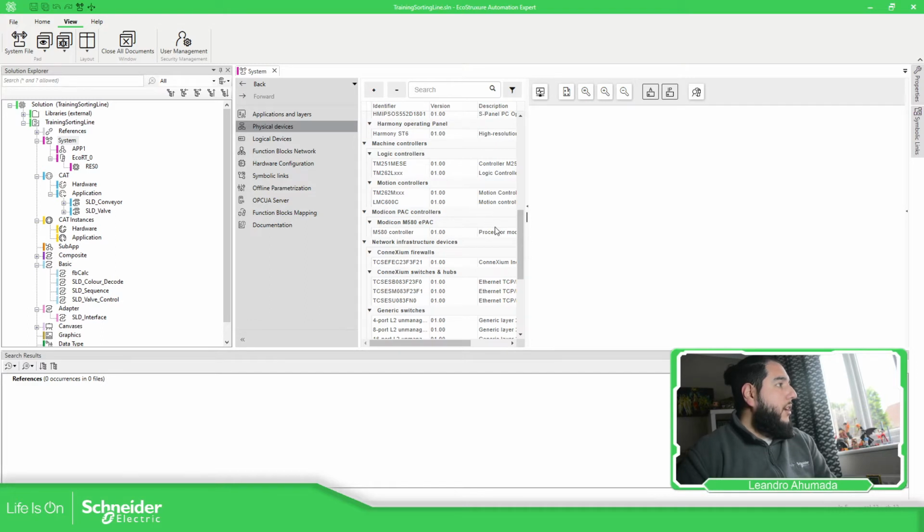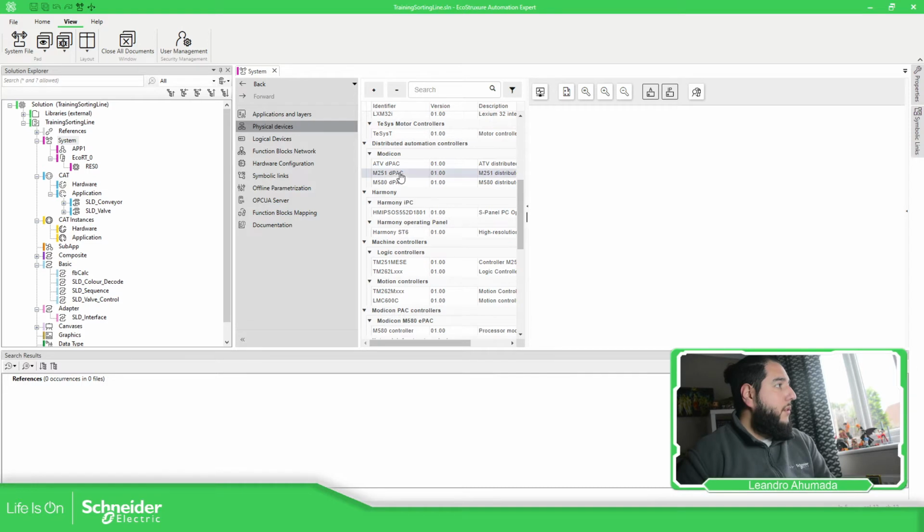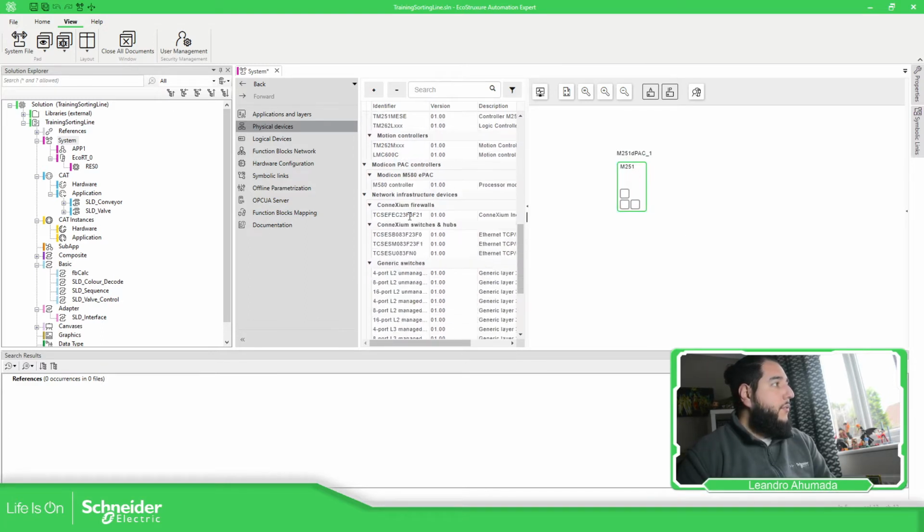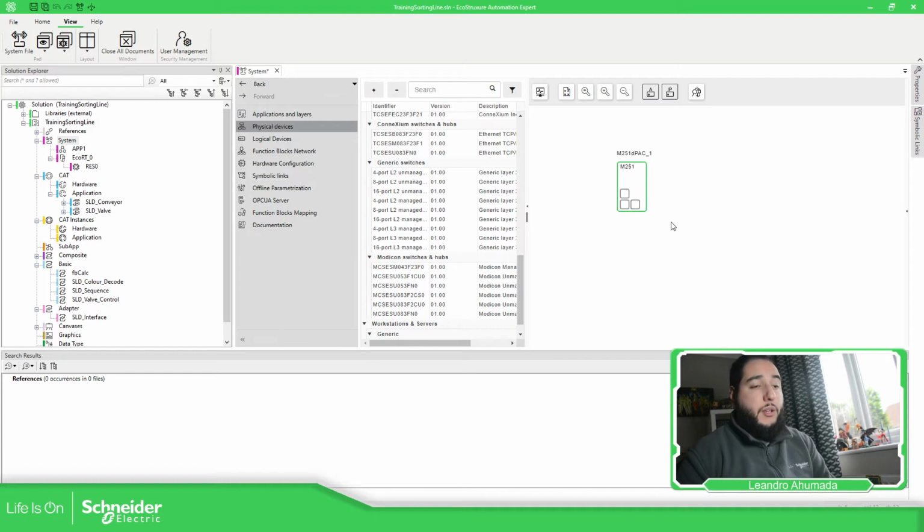In this case, what we need to do is add the dPAC, Distributed Automation Controller. I'm going to use the M251 dPAC. Drag and drop it so you can see the device over here. If you have different devices, you can drag and drop them over here. Here we have defined what we are going to have in our sorting line. It's going to be this M251 dPAC. If we right click over here,